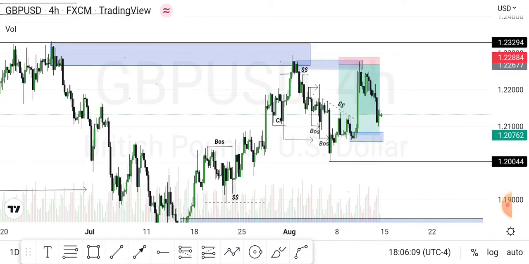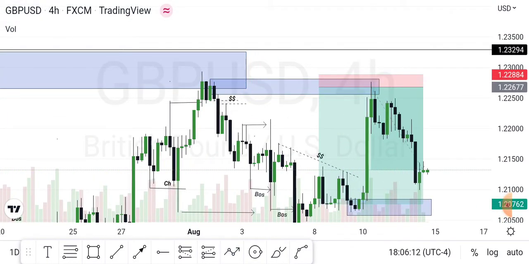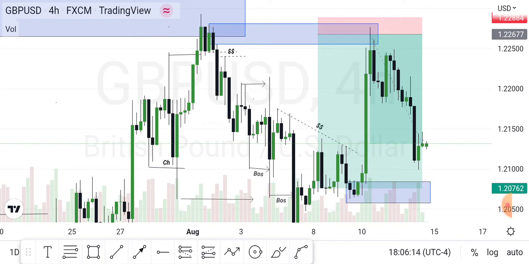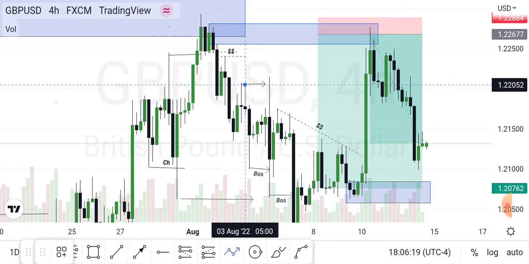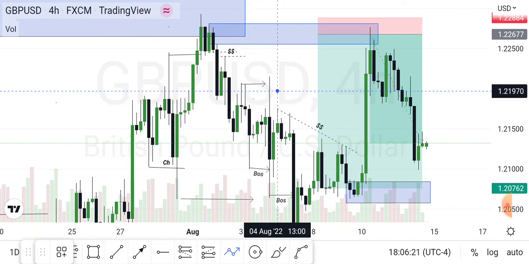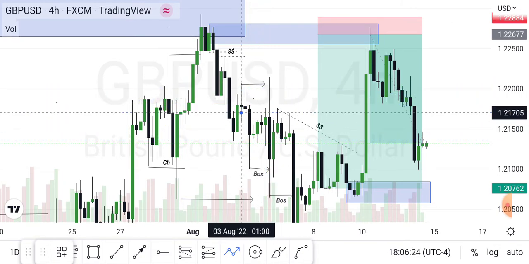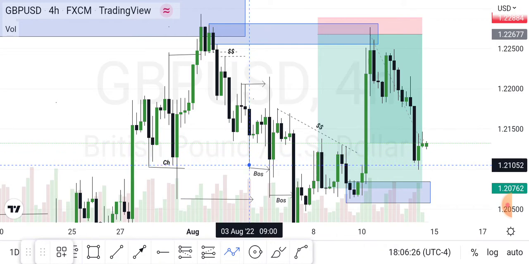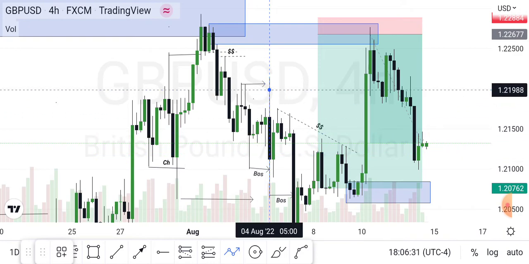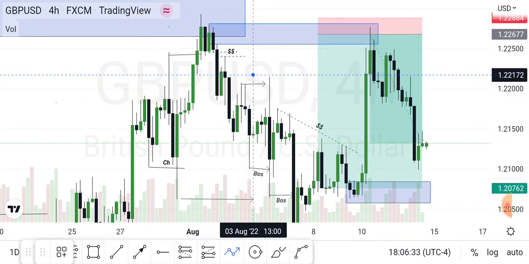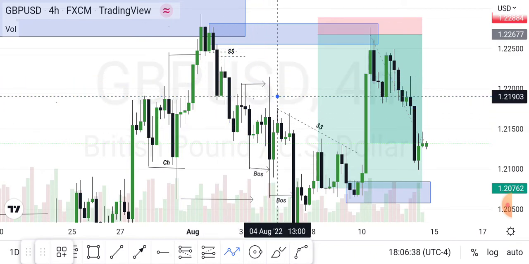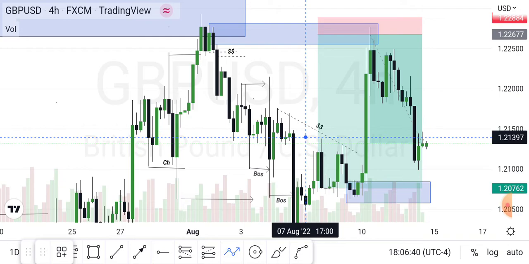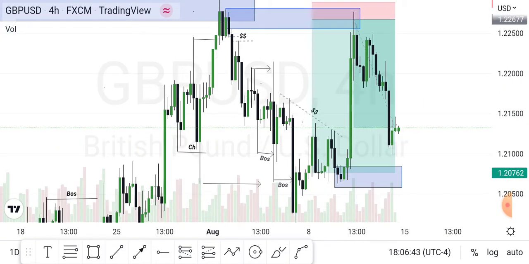Let me zoom in the chart. From this point where we had these equal highs, this FU candle, okay, was it, no, it was this point, yeah, where we had this break of structure. We have these equal highs, and I picked an OB from here. Immediately I saw this liquidity grab. Immediately I went down to a lower time frame and looked for confirmation, and we took this sell also.